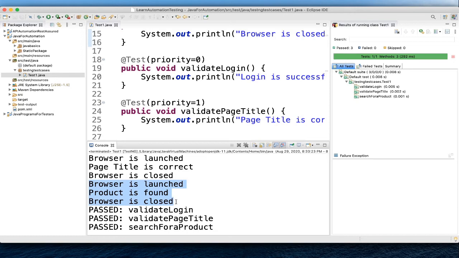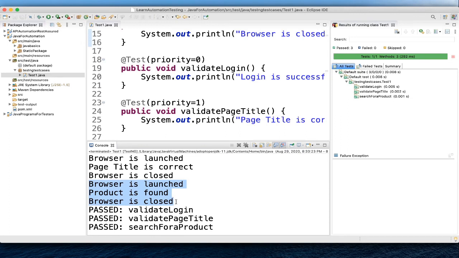So a method which is marked with @BeforeMethod annotation will be executed before every @Test annotated method. Similarly, a method which is marked with @AfterMethod annotation will be executed after every @Test.